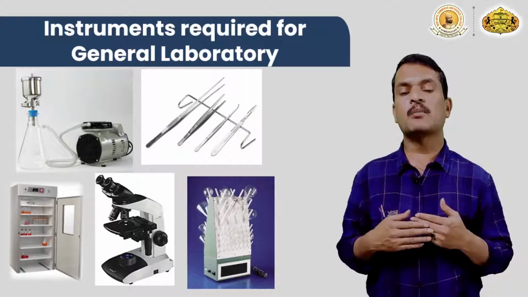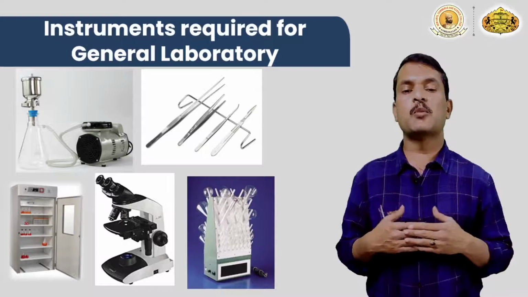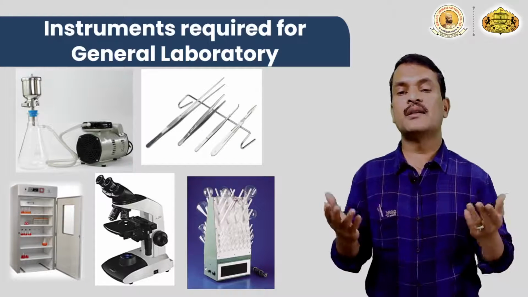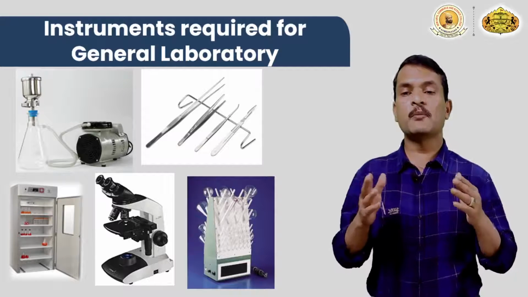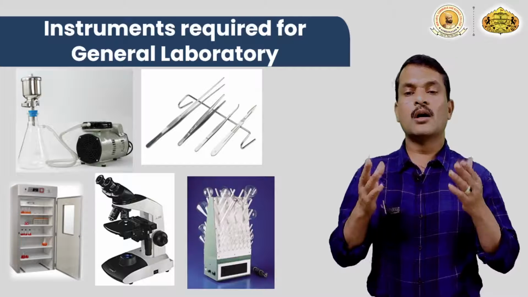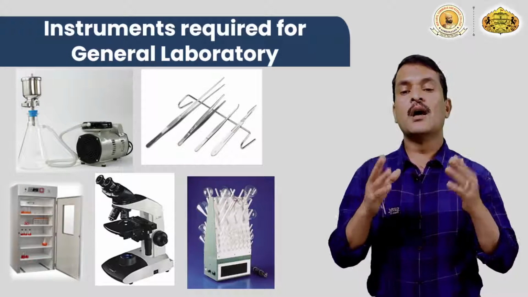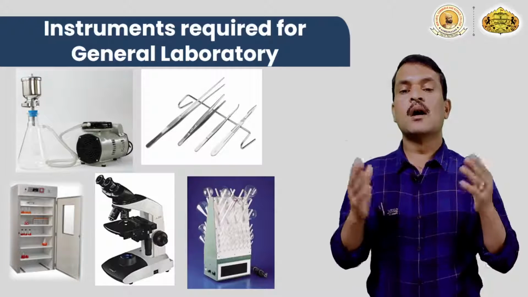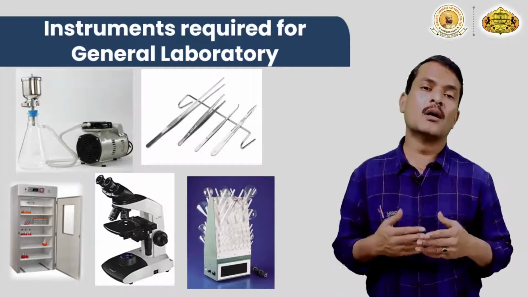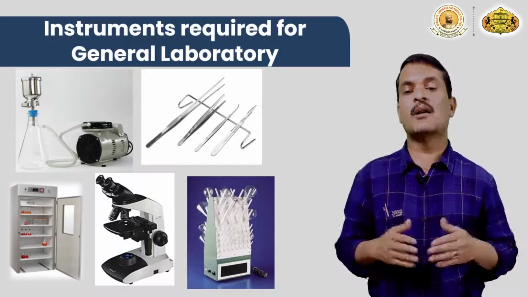Nowadays many different types of models or instruments are available, and we also need forceps, scalpels and other things. These things are arranged as per your need. It may be possible that you are not going to arrange the filter sterilization assembly in the general laboratory, but it must have some space to store it when you are not using it. So that is about the general laboratory.